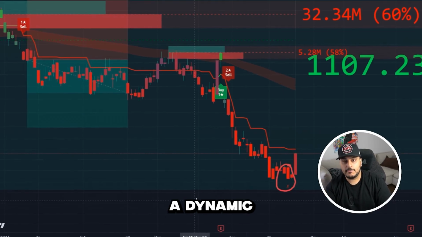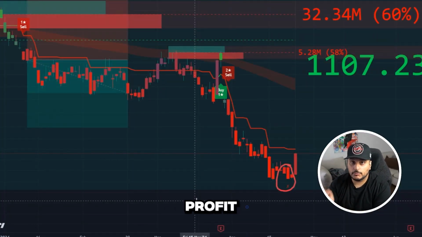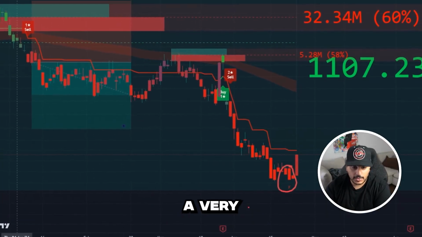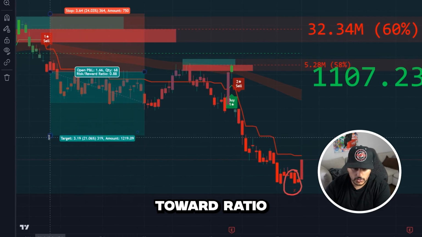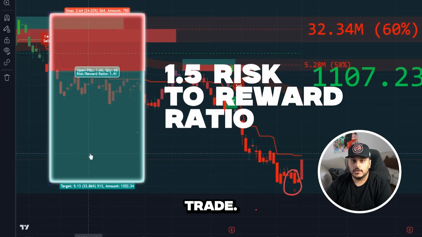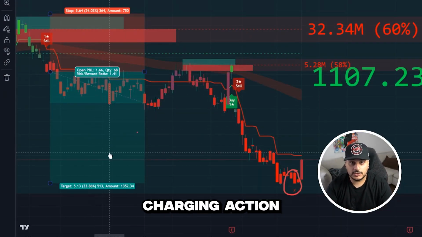This is a dynamic trading system strategy that we're using right now to try to get the maximum amount of profit whenever we're trading. And this trade right here would have given us a very nice risk to reward ratio of at least 1.5 on this trade. So that's exactly what we're looking for. Let me show you guys a couple more examples of this strategy in action so you guys can use it